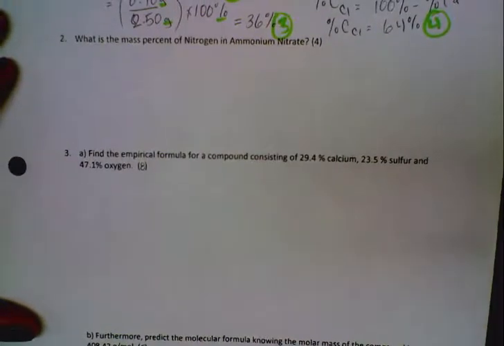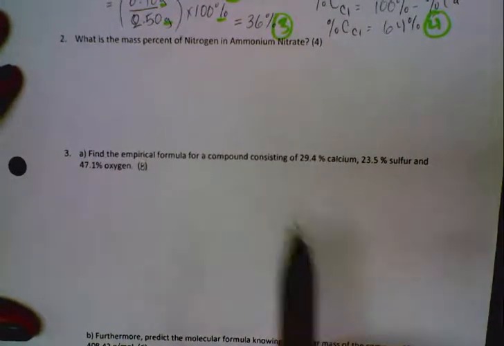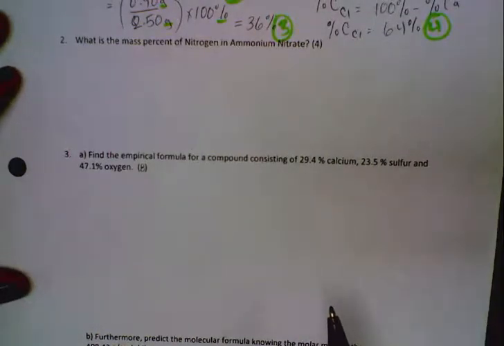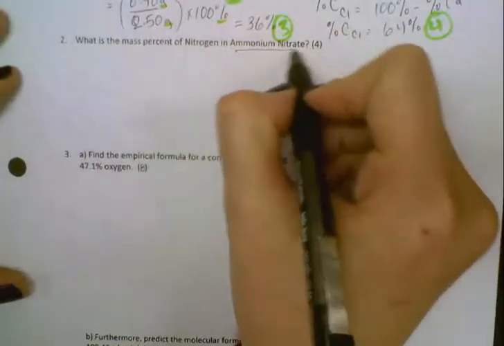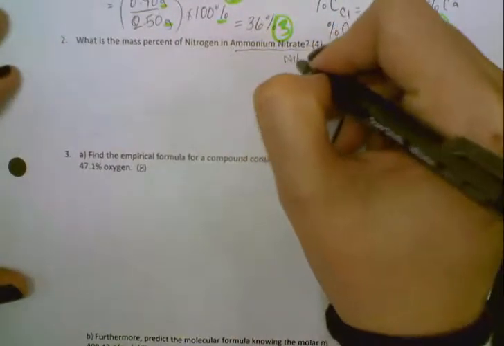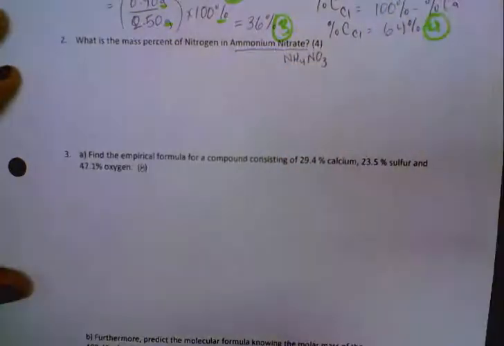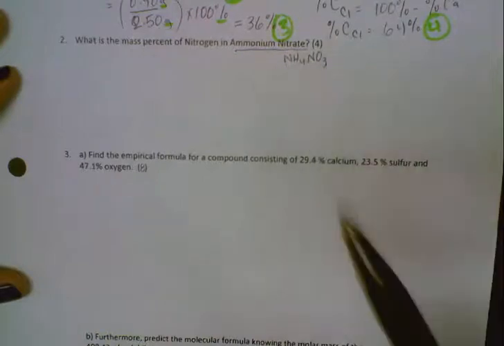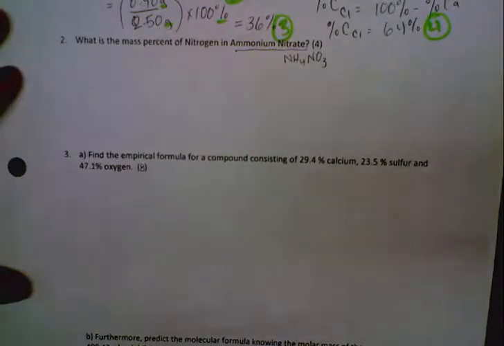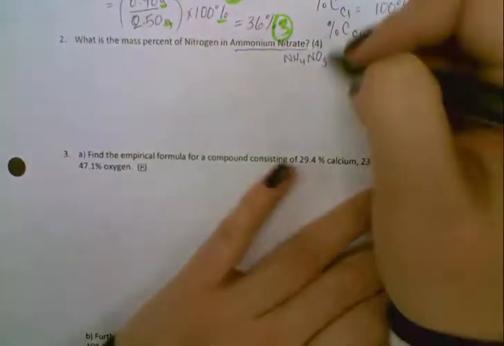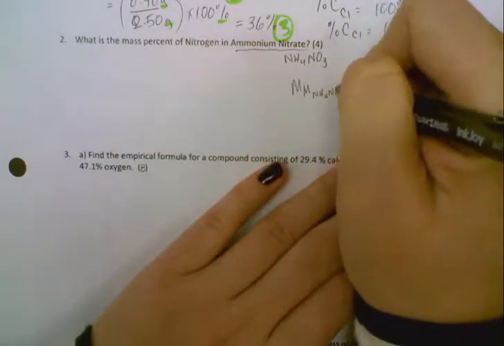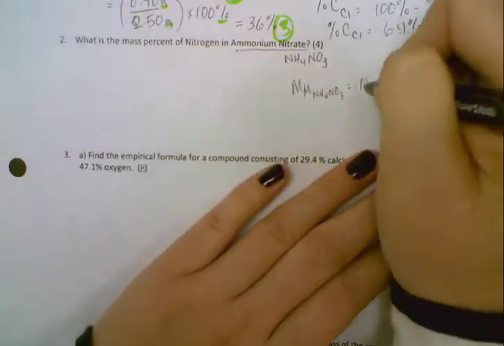The next question says, what's the mass percent of nitrogen in ammonium nitrate? Because you're not given any mass values, you know this has to be a theoretical calculation. So the first thing you need to know is what the formula for ammonium nitrate is, which is NH4NO3. And we're trying to figure out how much of the mass of NH4NO3 is contributed from nitrogen. So the first thing that we need to calculate is the molar mass of NH4NO3, which is going to be the molar mass of